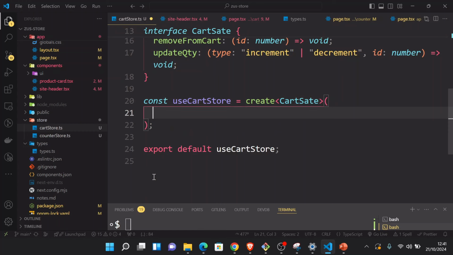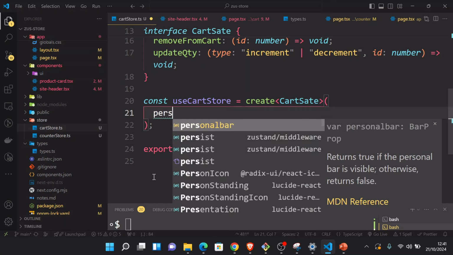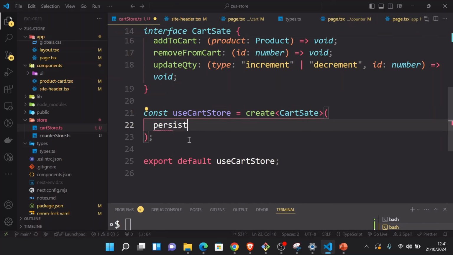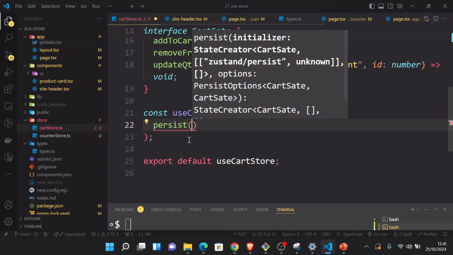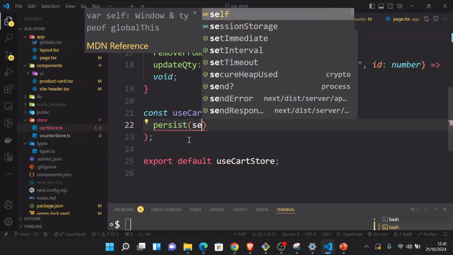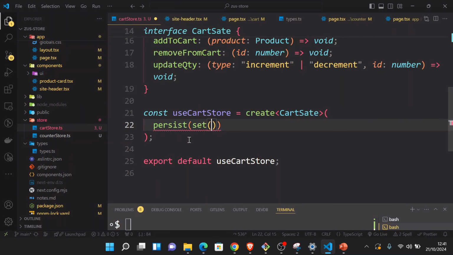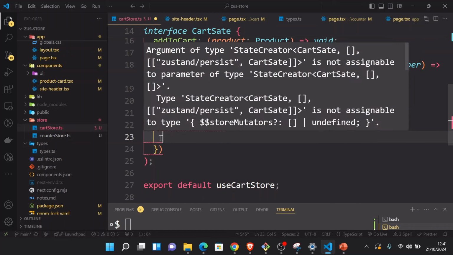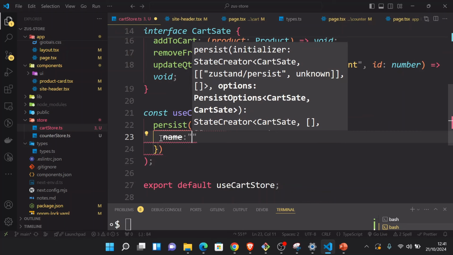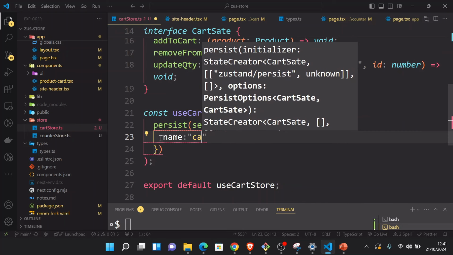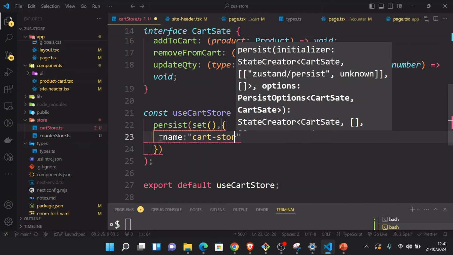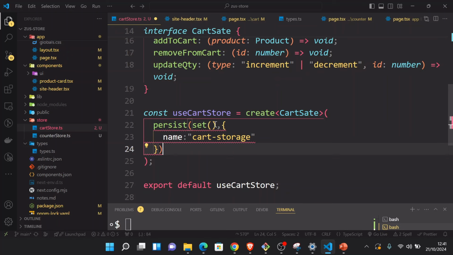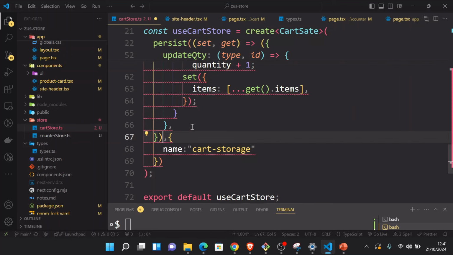So can I pass in this persist from Zustand middleware? And this one takes in two things. It takes in the set, and also it takes in whatever you want to pass in here. I'm just going to say name. It is going to be called cart storage, just like a unique key. And in here I'm just going to paste in all this we did,